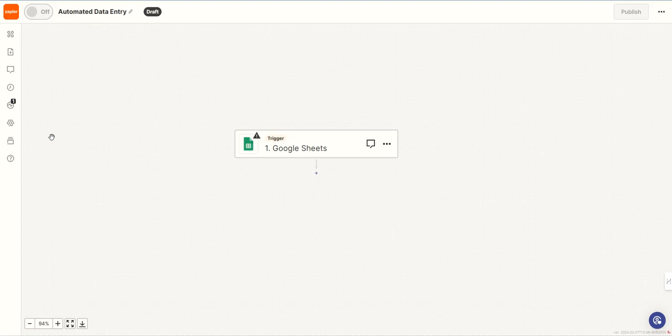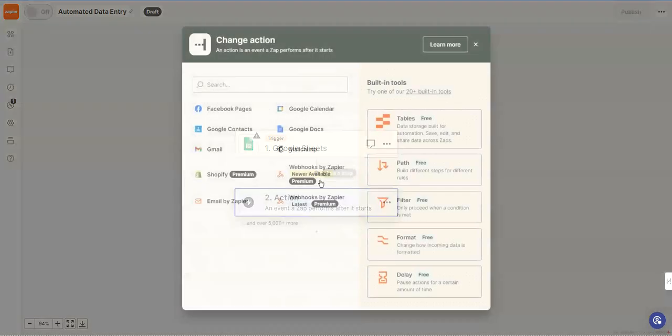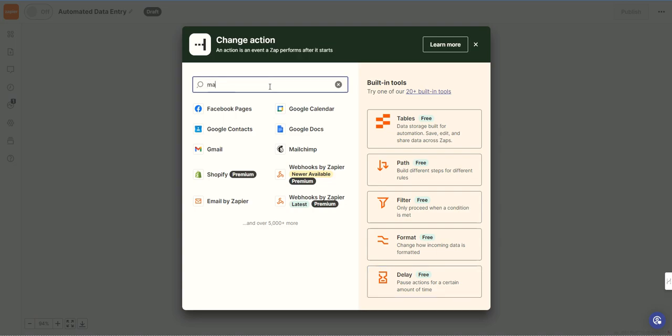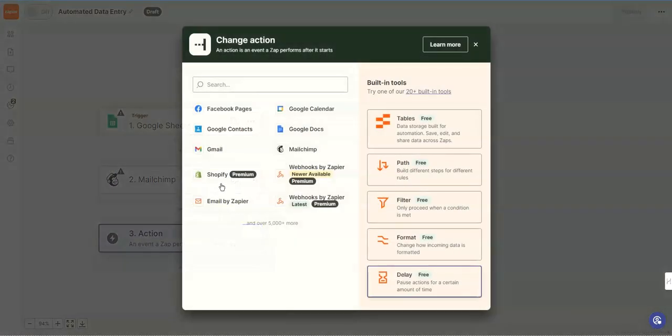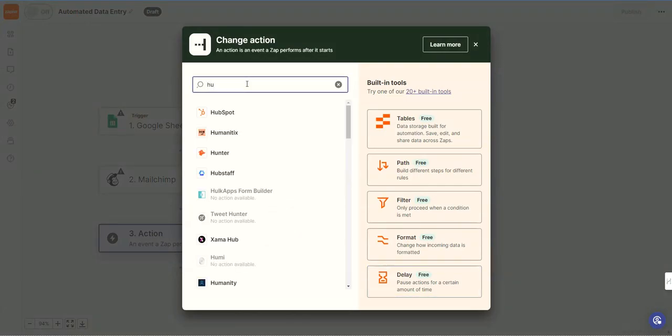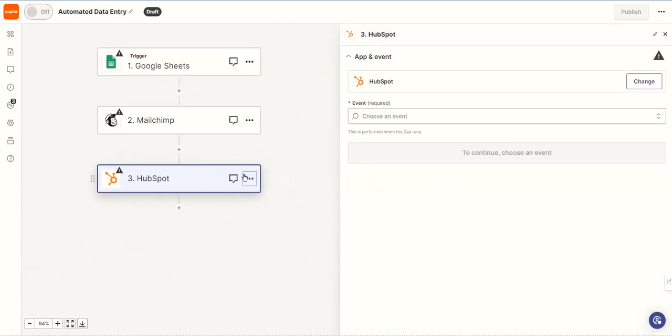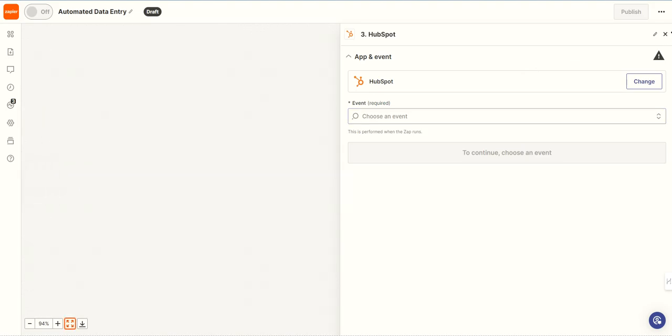Let's just say HubSpot. If you're using HubSpot and MailChimp, I'd pick one, but let's just use that as an example. So first and foremost, MailChimp is definitely within Zapier, and so is HubSpot. So that's our first step, right? And what we want to do,